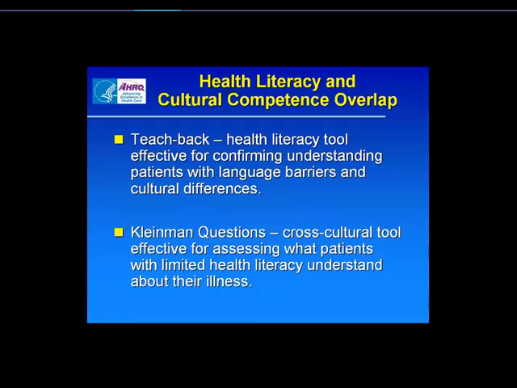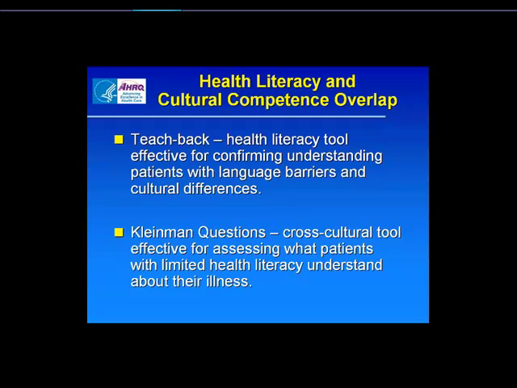Those two things combined are what's going to create understanding and ability to use health information. And I want to point out that our audience here represents some people from the health literacy world and some people from the cultural and linguistic competence world, and there's really an overlap between these two approaches, even though they have a different history and use different techniques. So, for example, TeachBack, which is a health literacy tool, is used to help clinicians